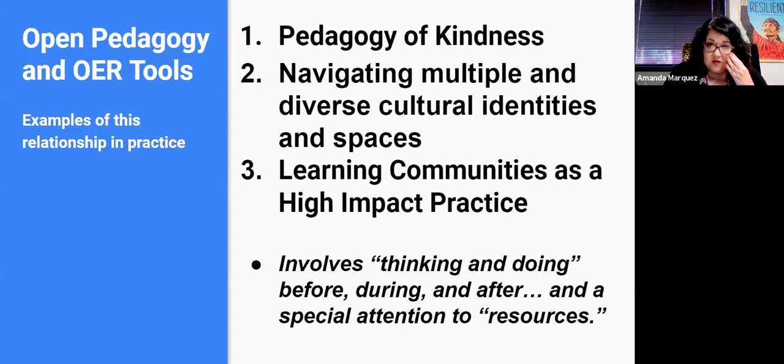This could even be navigating just spaces within the university. And we'll spend some time talking about how learning communities can also create this sense of connectedness and community at a time when that's so critically important. I think we can all agree on that.